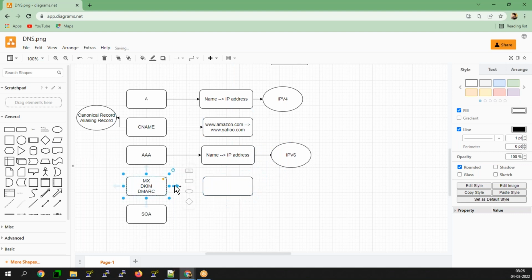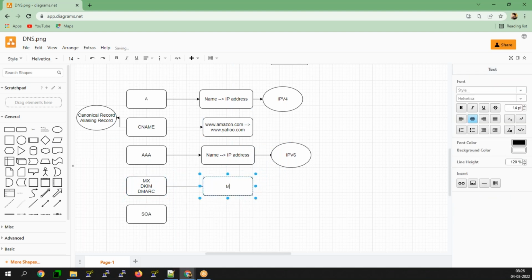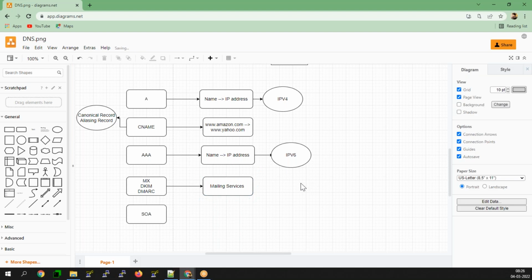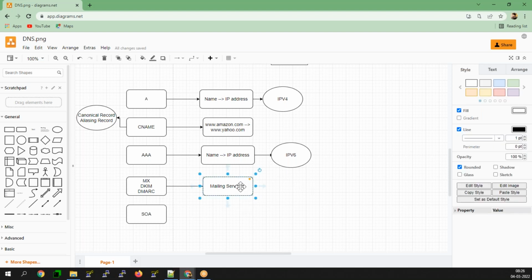Not A-four, AAA record only. So these are all for the mailing services.